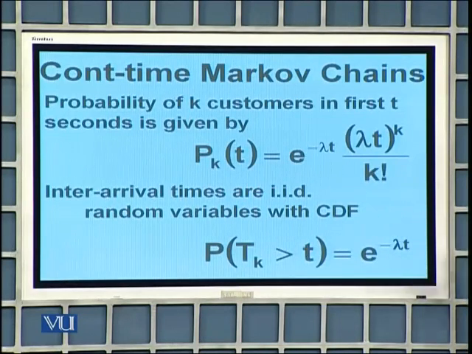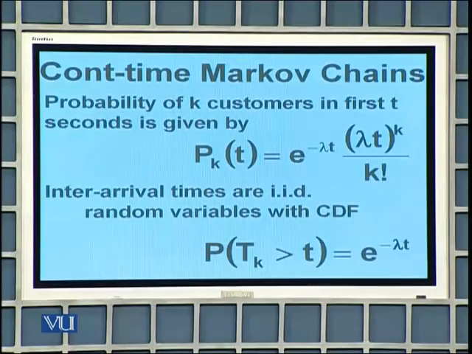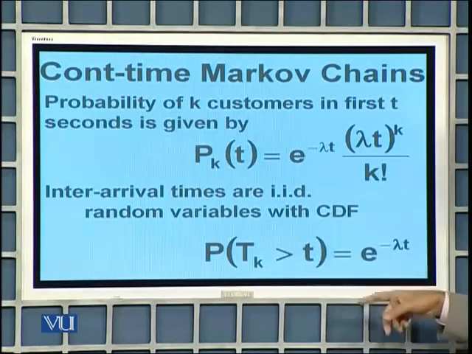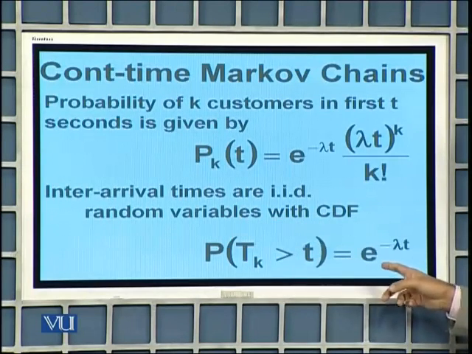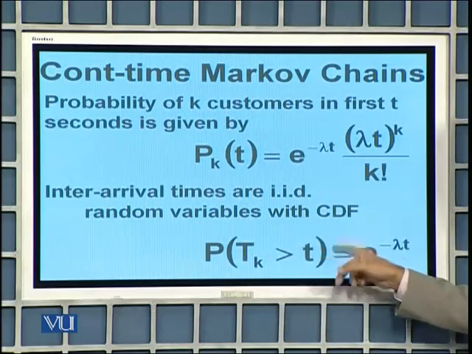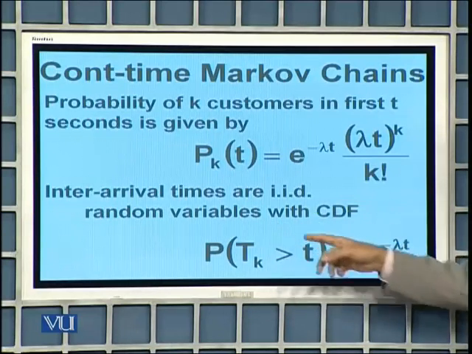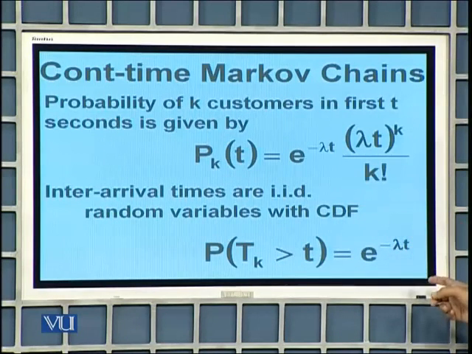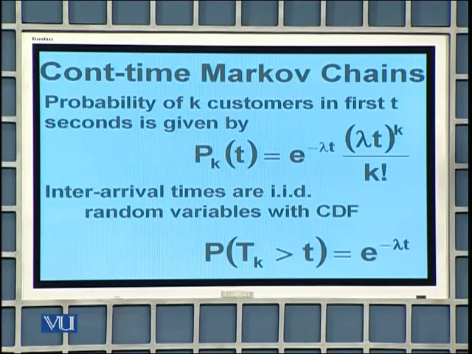Another thing that we can analyze is the inter-arrival times. So a customer arrives at T1, T2, T3, and you take T2 minus T1, T3 minus T2. All these inter-arrival times are going to be random variables. And for any of these inter-arrival times to be larger than a certain time t, the probability of that is e raised to power minus lambda t. If you look carefully at this, this is the opposite of the CDF. The CDF is the probability of a certain random variable being less than or equal to the parameter t or x. So here it is the opposite of that, one minus that. Hence, the CDF of this probability distribution will be 1 minus e raised to power minus lambda t. Hence, these random variables, the inter-arrival times, are distributed under an exponential